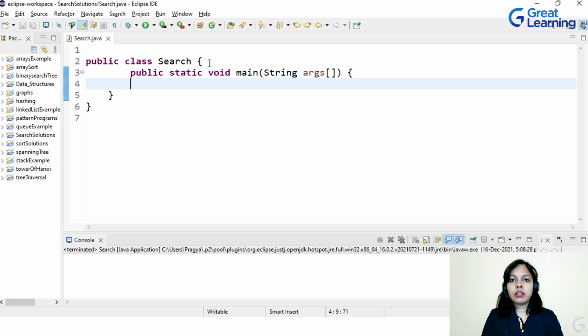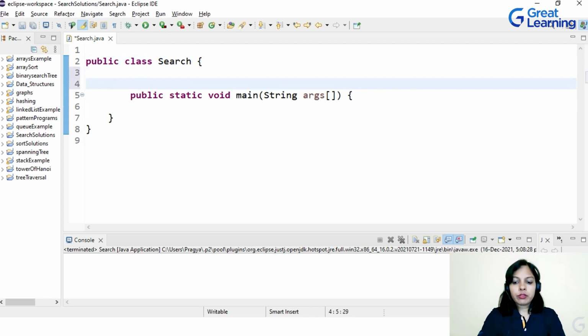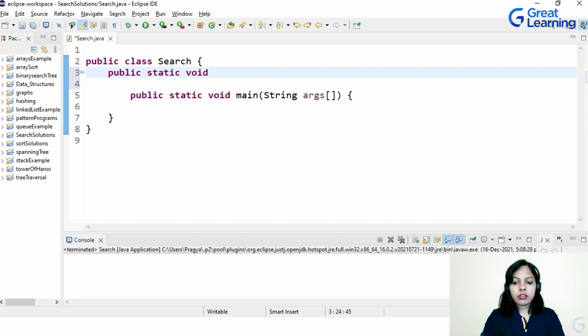Now let's create a function for binary search and we'll call that function from the main method on a given array. So to create a method, public static void, not void, it's going to return the index where the element is found. Binary search is a searching algorithm, right? We have to search for a given key in any given array. If it is found, it returns the index. If it isn't found, then it says that the element is not found. So it will return int, the value of the index where the particular value is found